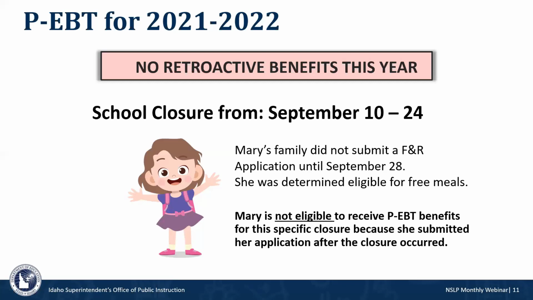So it's crucial that you understand that parents need to be notified to complete these free and reduced applications. Our fear is that word may not get out to parents, a closure will occur, applications won't come in until that time, and then those folks won't be eligible for benefits. So it really behooves you and the families to get those free and reduced applications in as soon as possible, even if you haven't had a school closure yet, because you're being proactive. If a closure does happen, those families are taken care of.